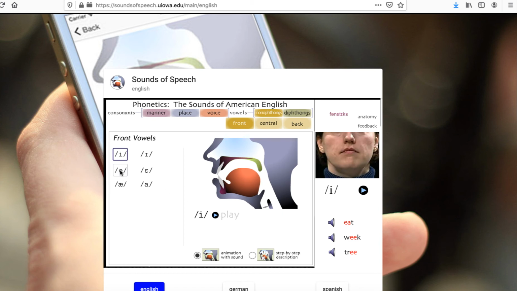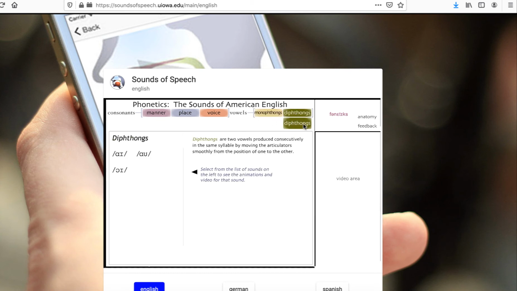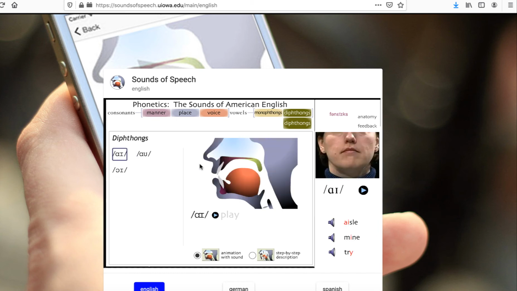E. Remember, this is A. And then the diphthongs are those two-letter ones: I, ow, oi. Okay? I. Ow. Oi. All right, so you can listen to everything on this particular website and download it to your phone